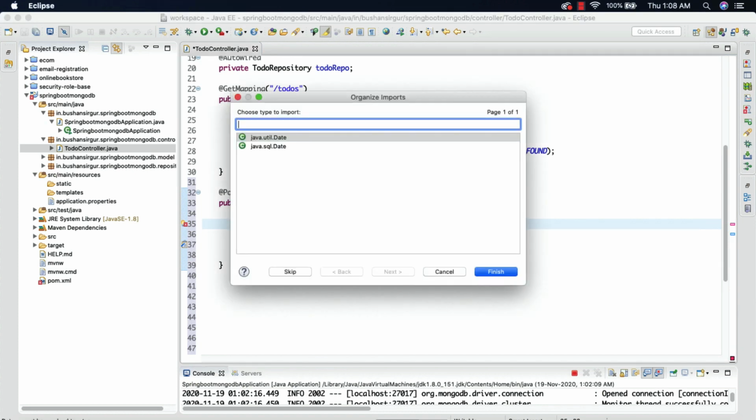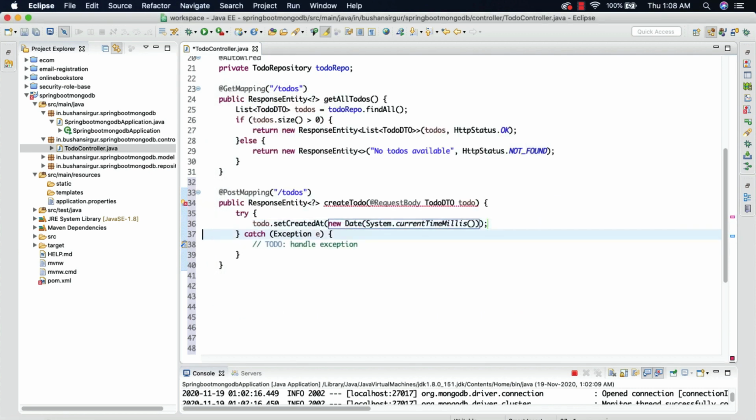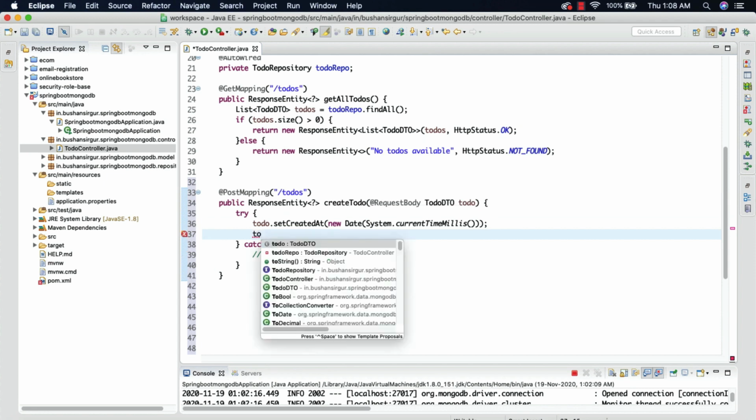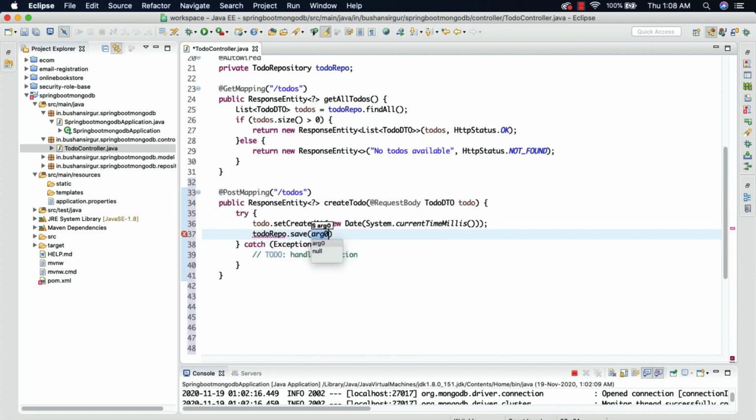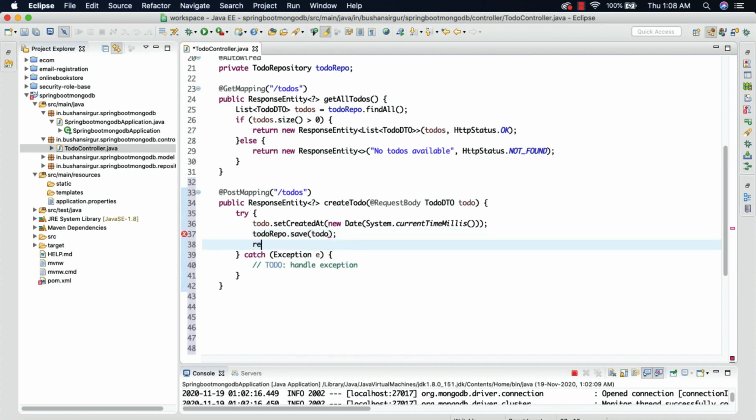Let me import Date from the util package. Next we make use of the todoRepo to save the todo object, todoRepo.save, and we save the todo object.